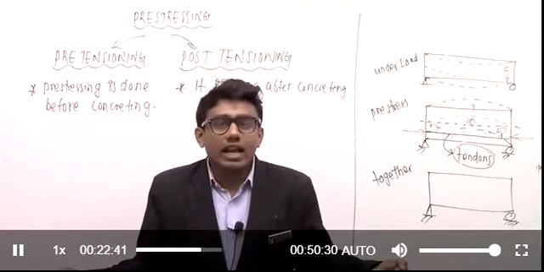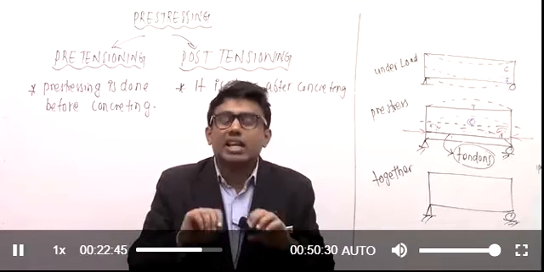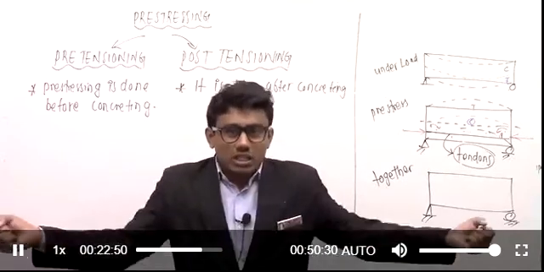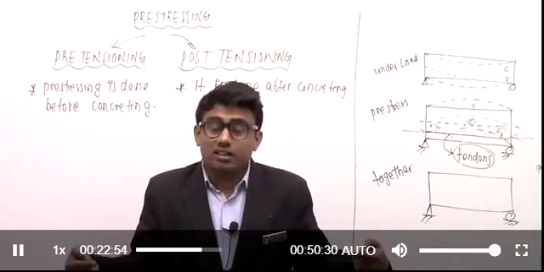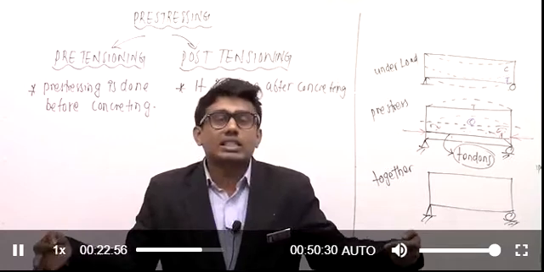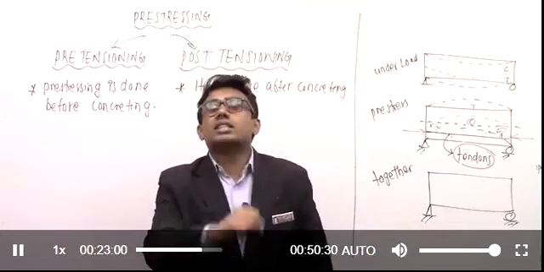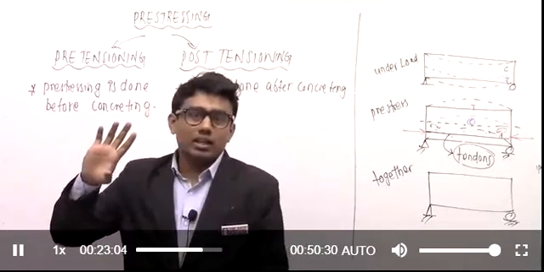So due to this contact, or due to the friction, or due to the bond between the tendon and the concrete, this cannot come back. There will be some resistance, right? This is trying to come back, and there will be some resistance between the concrete and the tendons. Due to this resistance, compressive stresses will be generated inside this concrete block. Getting it? That's the meaning of our pre-tension. Are you getting it or not?